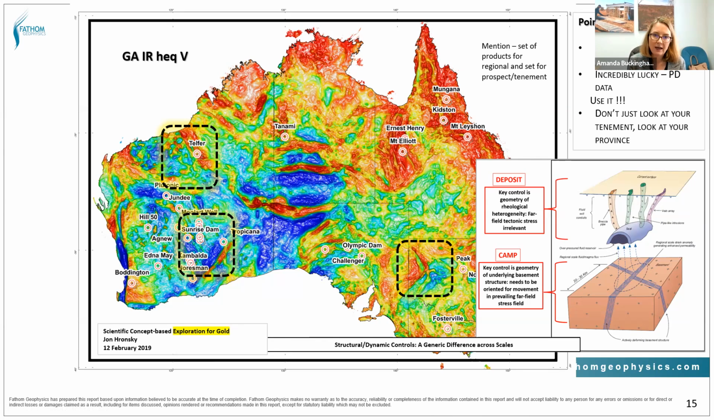is quite critical. At a camp scale, you can use regional, public domain, freely available data to map out where your controlling structures are, where your cross structures are, where you've got key intersection zones. You can do that across Australia using free data. Once you're at your deposit scale,